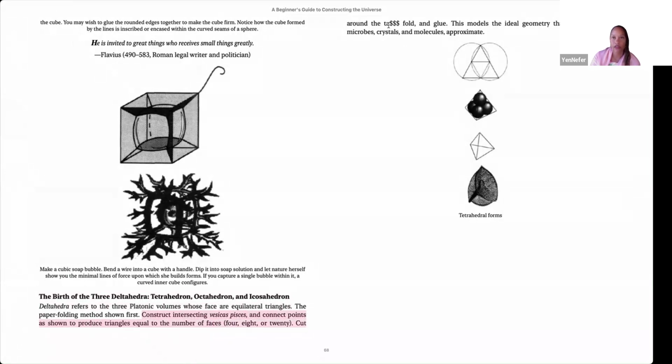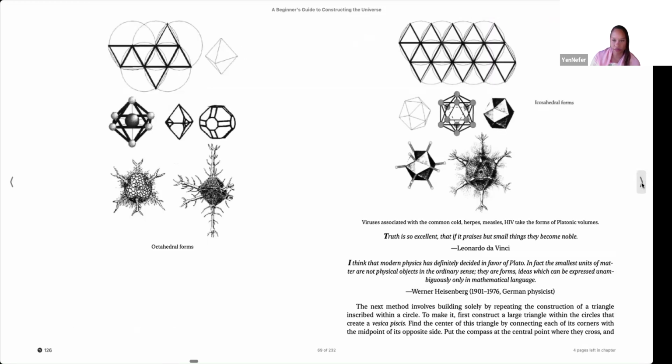Cut around the, what is that supposed to be? This models the ideal geometry. All right, so the microbes, crystals, and molecules approximate. So that's given details, right? And so then he goes over the next